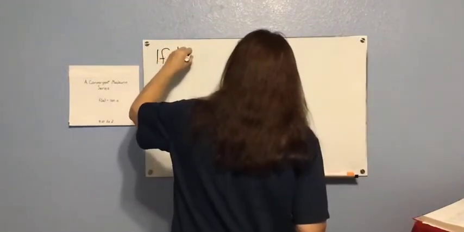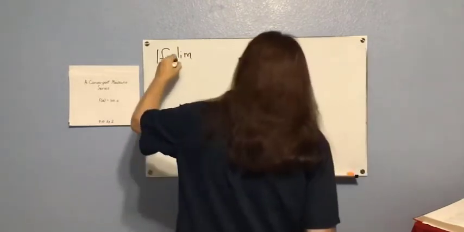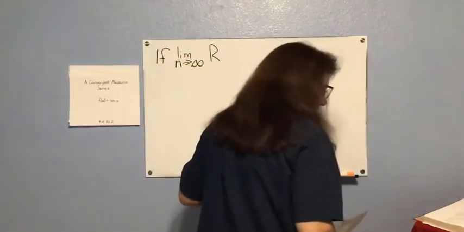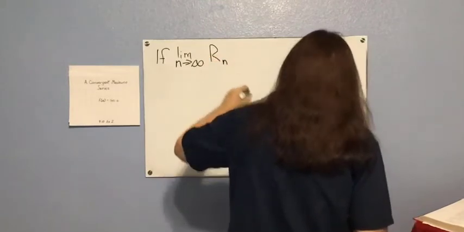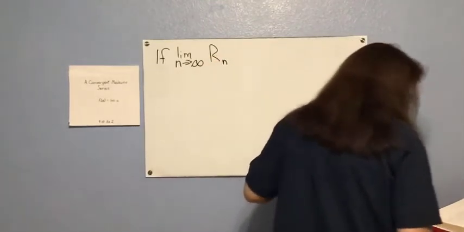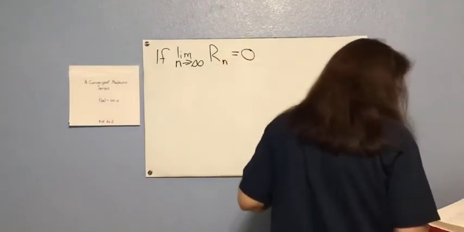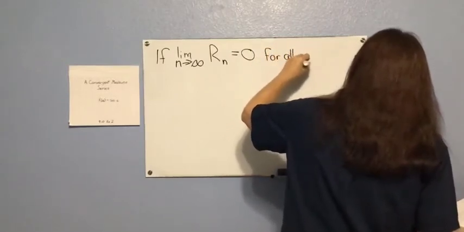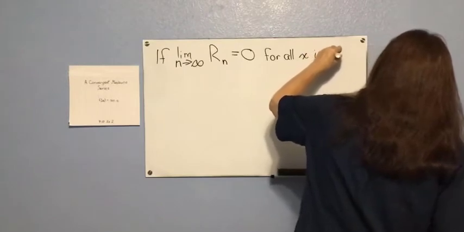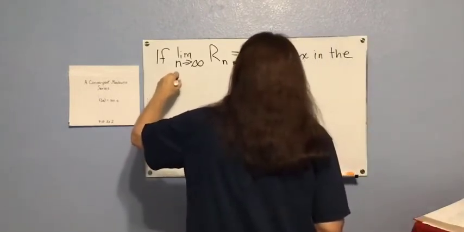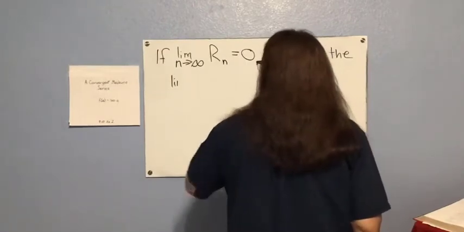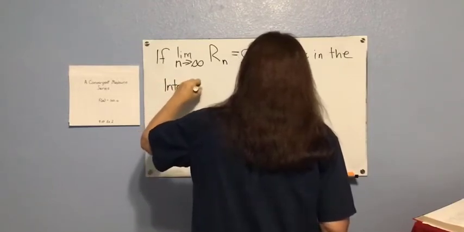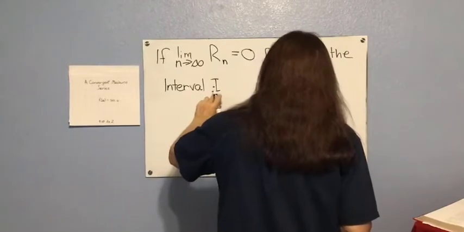If the limit as n goes to infinity of r sub n, where r sub n is our remainder, if that limit is 0 for all x in the interval I,